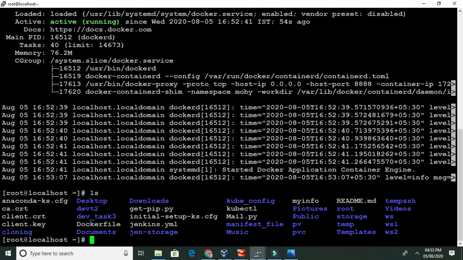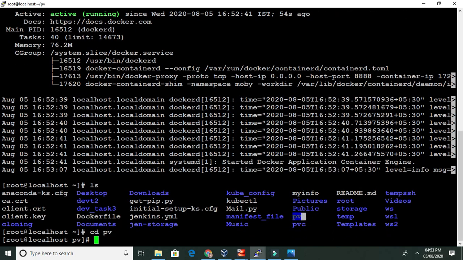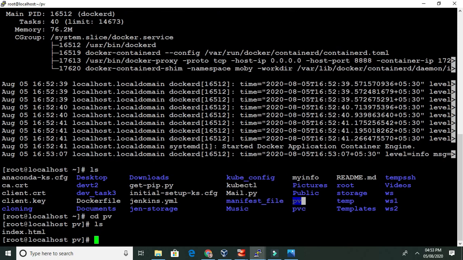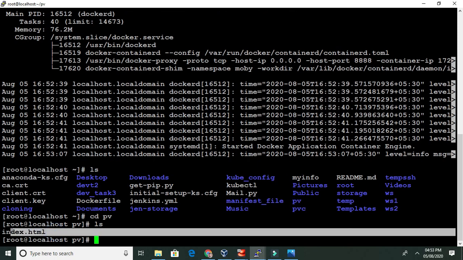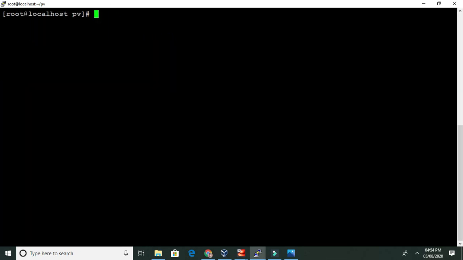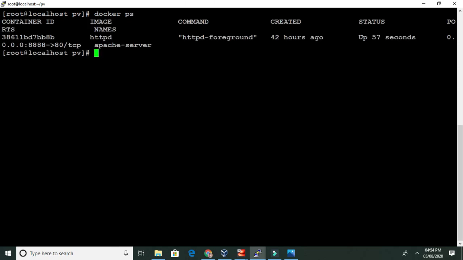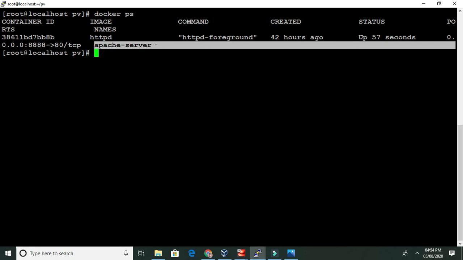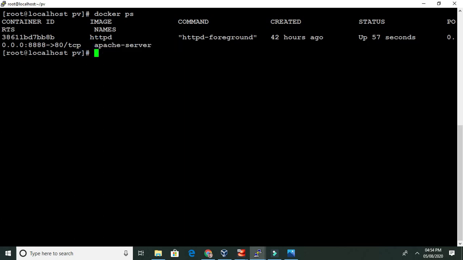In root we have created this one. You can see here. We'll go inside it. Here you can see it's successfully copied. Now we'll check whether the container is running or not. You can see the container is running, Apache server, this one, and it's showing the port forwarding.